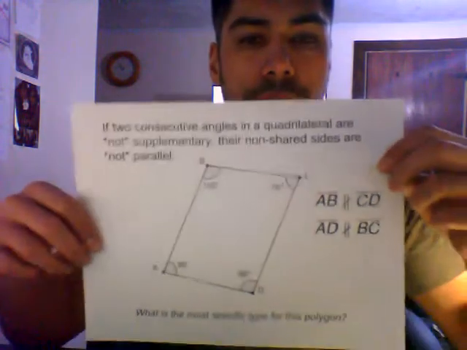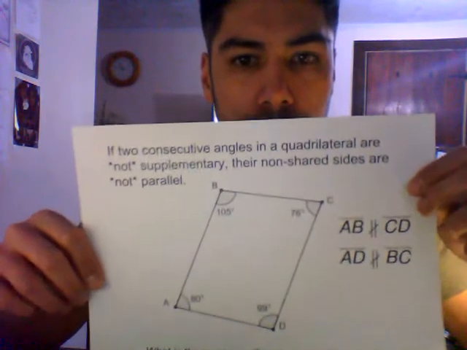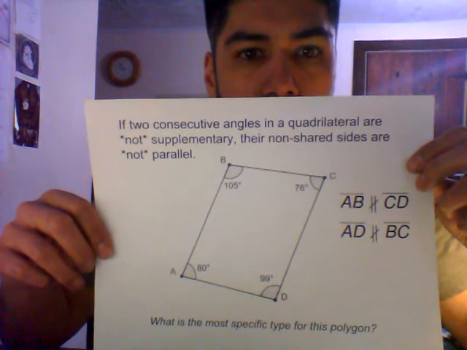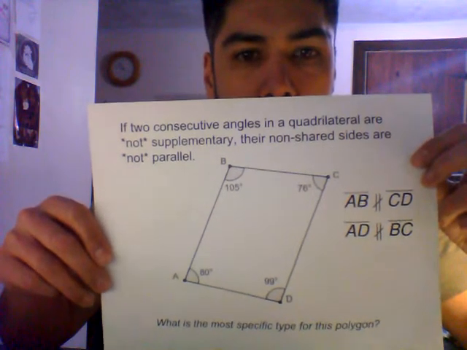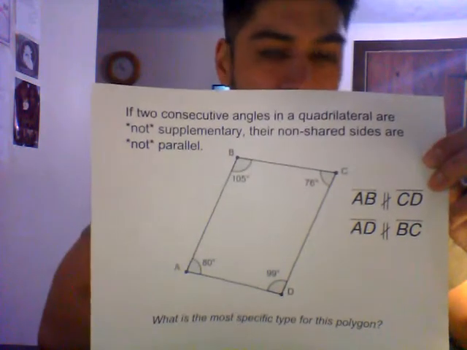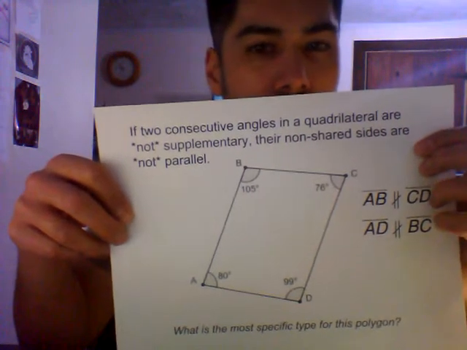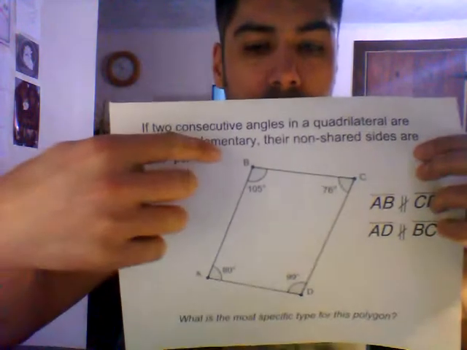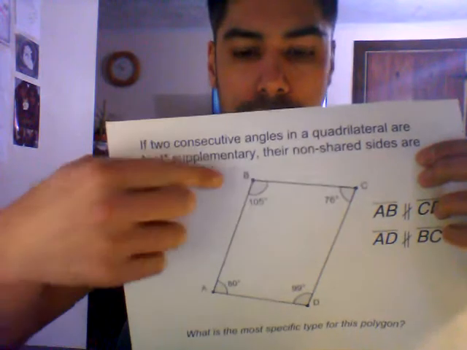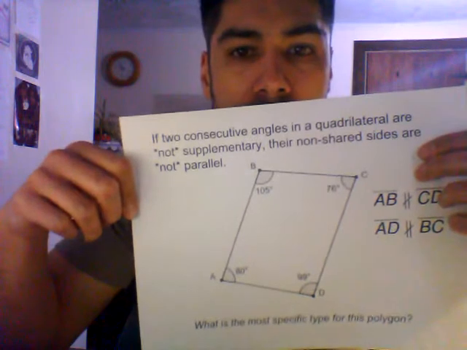Now, if we were to look at this quadrilateral, we would want to try and figure out, okay, is this quadrilateral a parallelogram? Well, it's not. We know that it's not. It looks kind of like it might be. It looks like segment BC and segment AD might be parallel, and segment BA and segment CD might be parallel, but we know